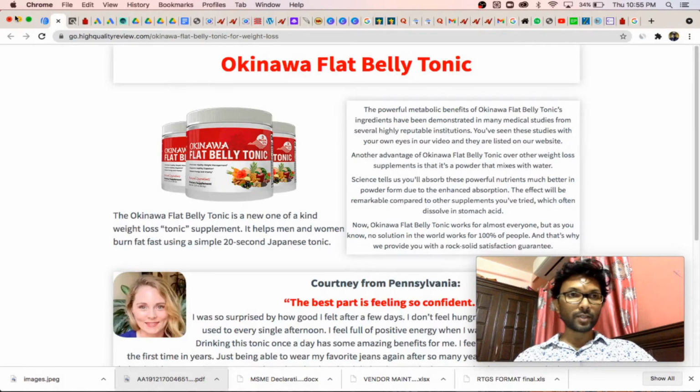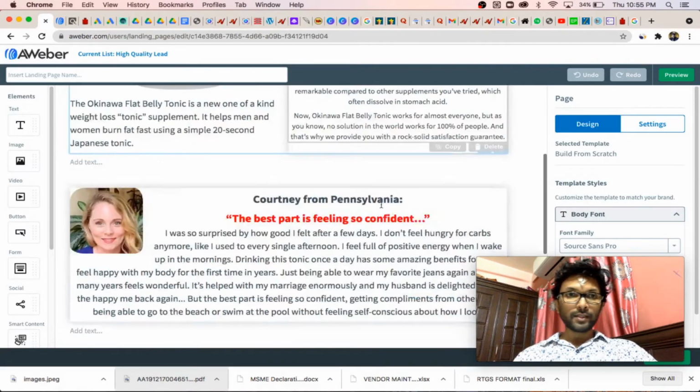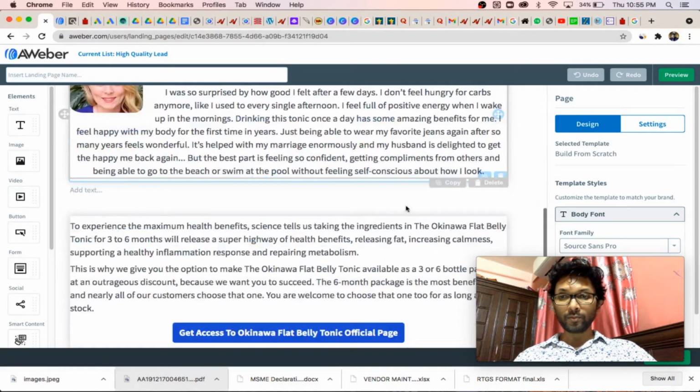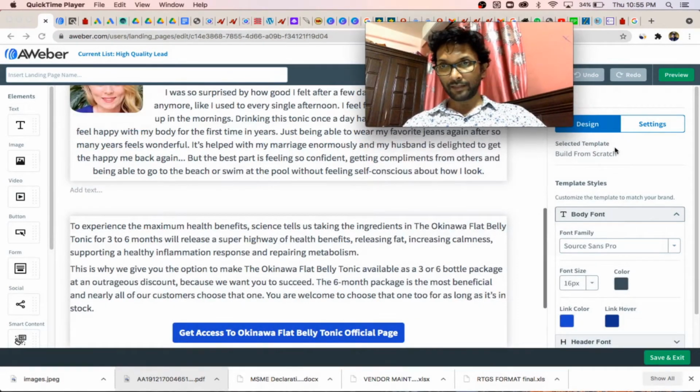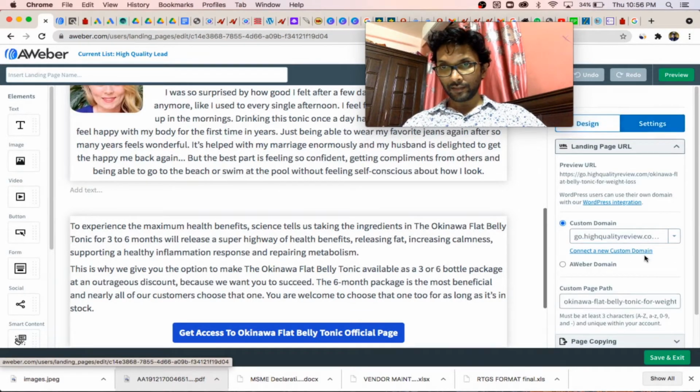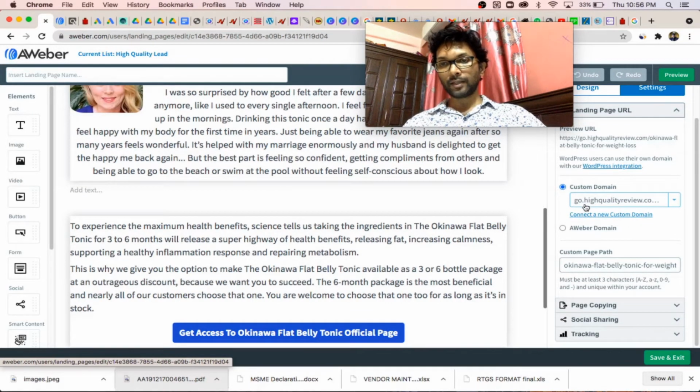And one thing more, never use these Aweber links here. You use your own custom domains. Here what I have made is like that. I am showing you here. I have used my custom domain go.highqualityreview.com. I already have a website highqualityreview.com, and I have made a subdomain inside that, and I have connected that subdomain with this Aweber account, and here you can see that this is the subdomain, and I have put one